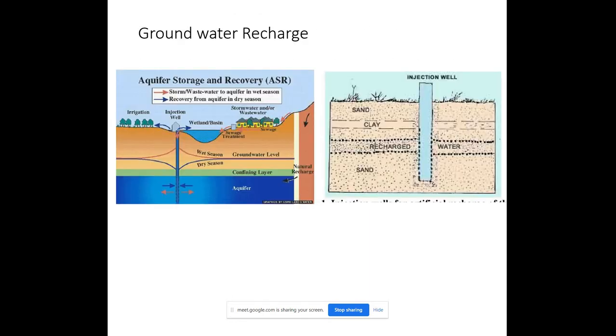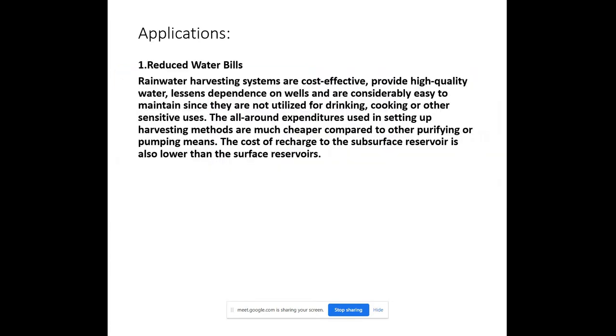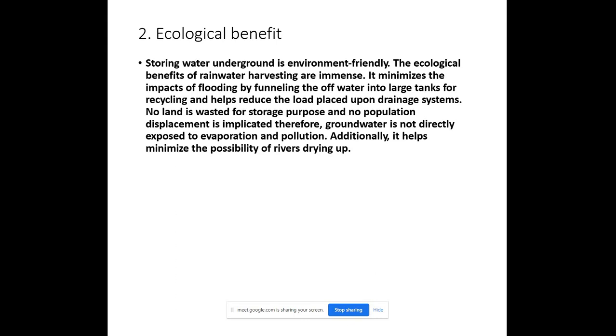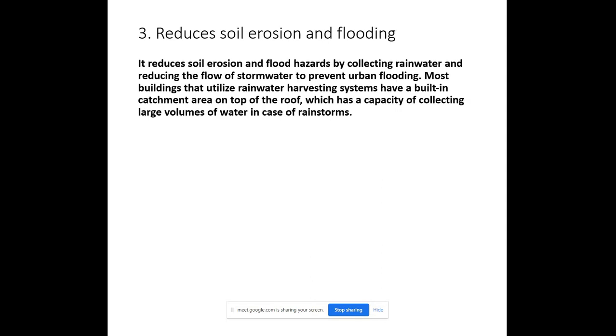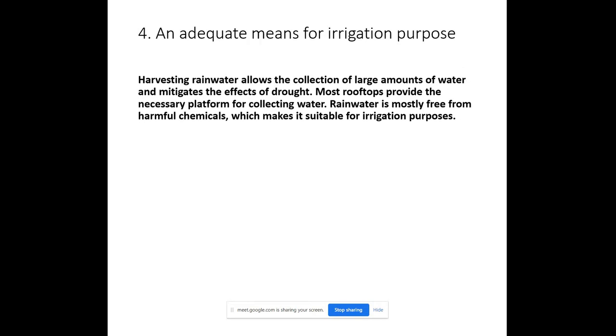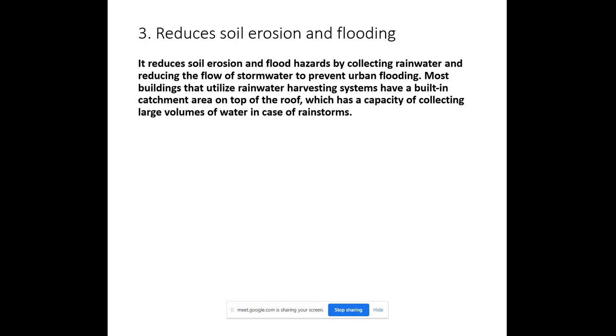The second one is ecological benefits. Storing groundwater underground is environmentally friendly. The ecological benefits of rainwater harvesting are immense. It minimizes the impact of flooding by funneling water into large tanks for recycling and helps reduce the load placed upon the drainage system. It helps in reducing soil erosion and flooding. It reduces soil erosion and flood hazards by collecting rainwater and reducing the flow of stormwater to prevent urban